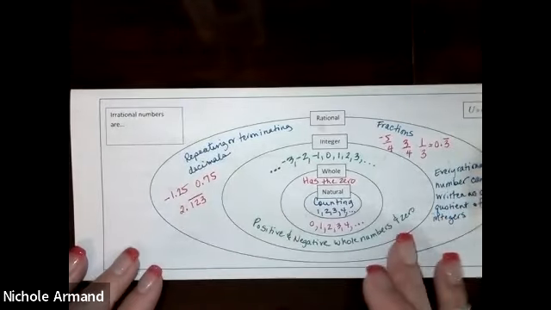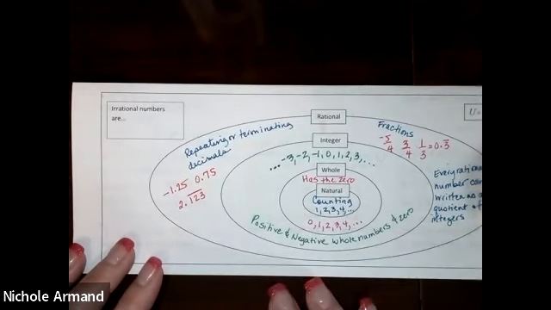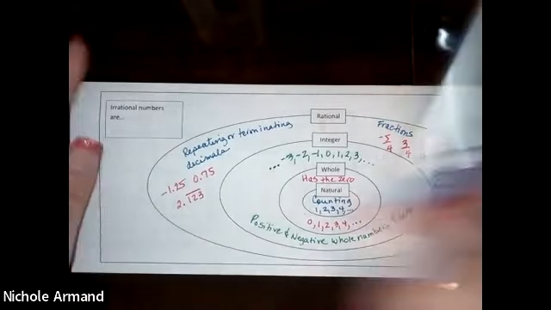Okay, so over here, you've got just a little box to talk about irrational numbers. Well, those are the ones that aren't rational. So we kind of use the rational numbers to define the irrational numbers, because those are numbers that cannot be written as a quotient of integers. So perhaps it's a decimal that does not repeat or terminate. So an example would be our friend